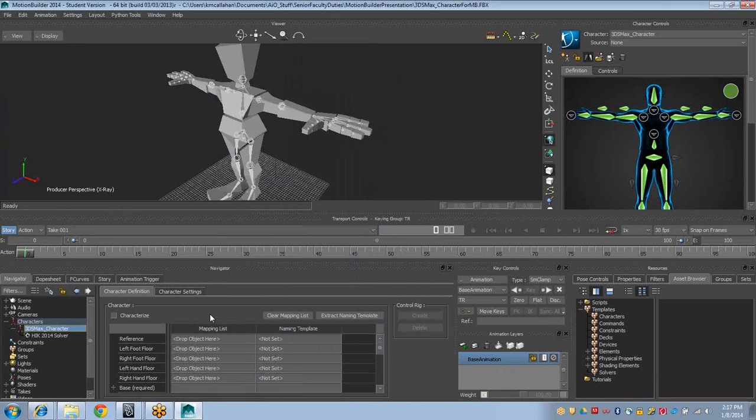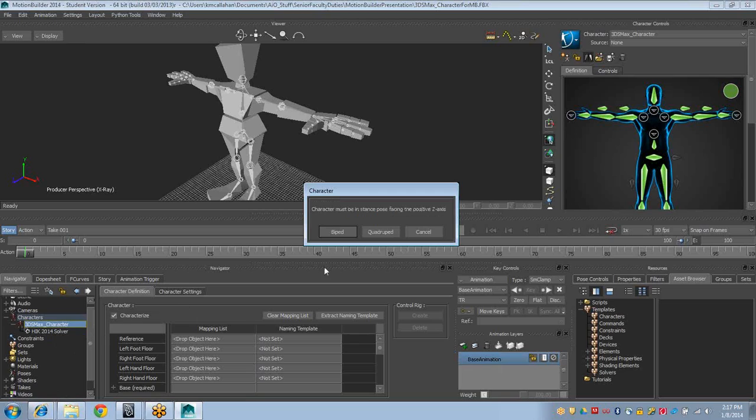Let's see if I can get close enough to click that checkbox. There we go. So by clicking characterize, it's going to give me the option of choosing a biped or a